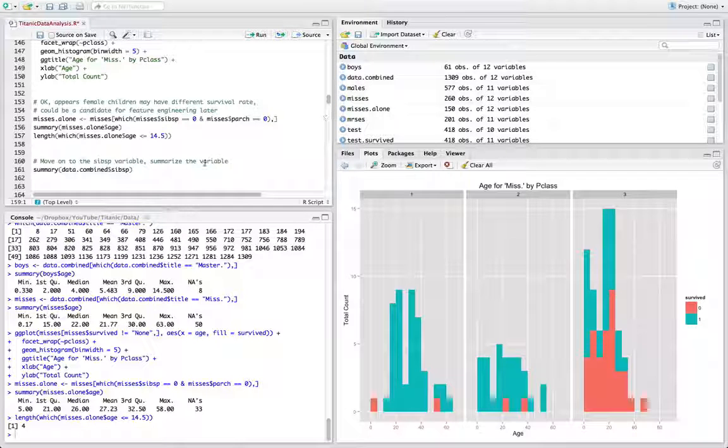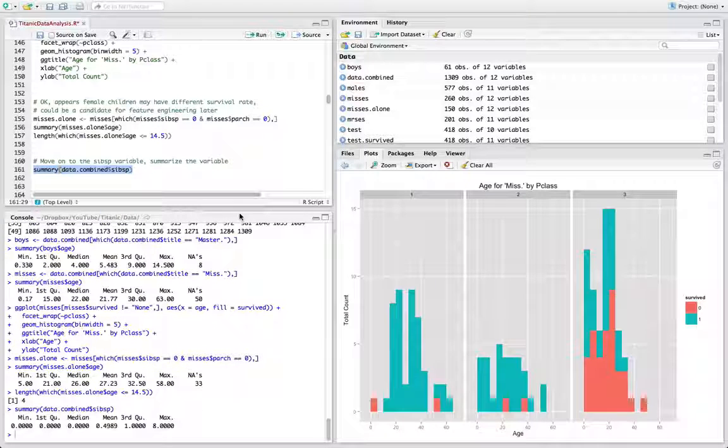Moving on. Let's take a look at the sibling spouse travel variable, or SIB-SPA, for lack of a better way of pronouncing it. So we'll run our summary function on that, and we get back some relatively interesting information. It says no NAs. That's good, because we don't like missing values for variables, like we said before. And this is particularly interesting: the minimum value is 0. The 25% of all records are 0. The median is 0, which means half of the records have a value of 0. And the mean is only